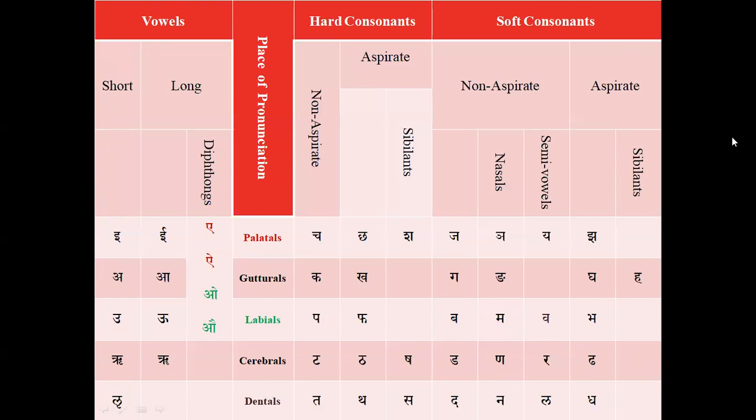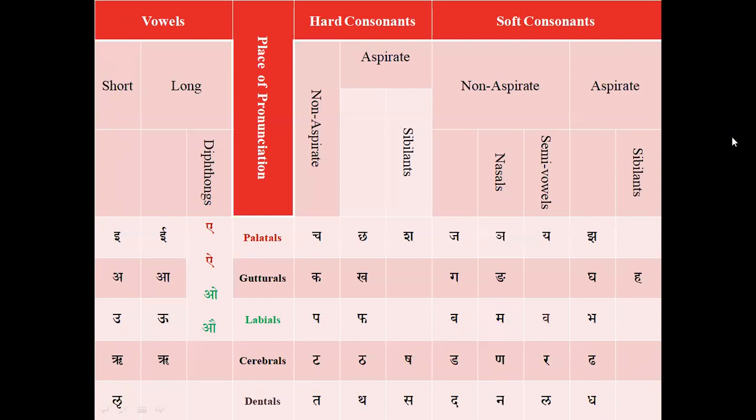Similarly, the third one, labial. U, and o, au. O, au is marked in green color. So it means labial. Labial is in green, therefore. O and au are guttural plus labial. And the pa varga: we have to take the first letter and the second letter, which come under hard consonants. The first letter is non-aspirate and the second letter is aspirate. They are labial. And under soft consonant and non-aspirate,